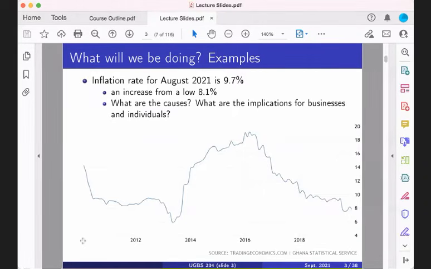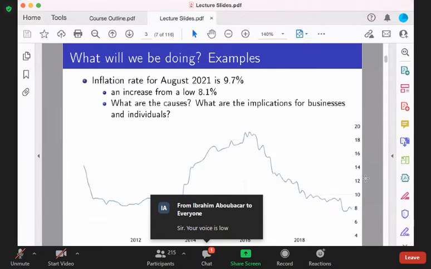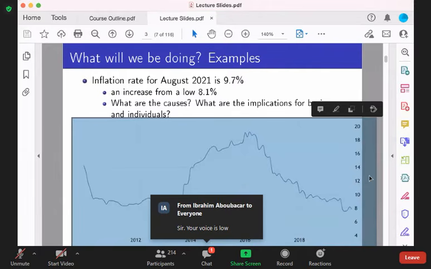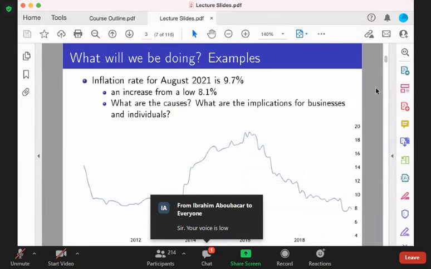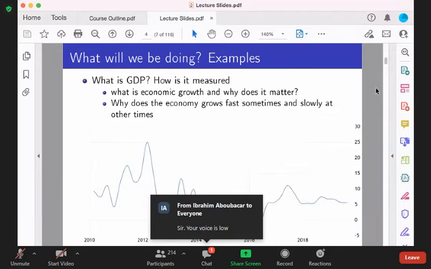All right. Now let's move on. Those are some of the things we'll be doing. We'll be doing a lot of these things. And I'm very sure you are pretty familiar with this particular